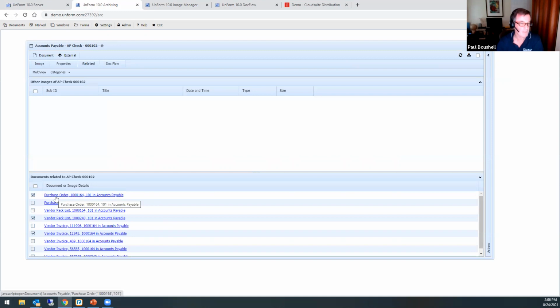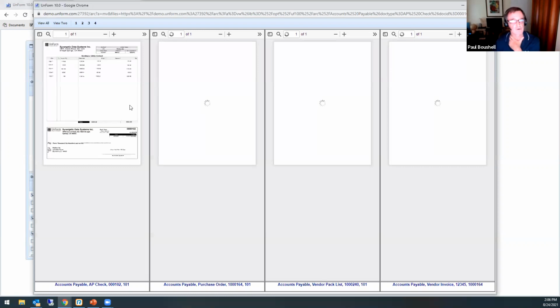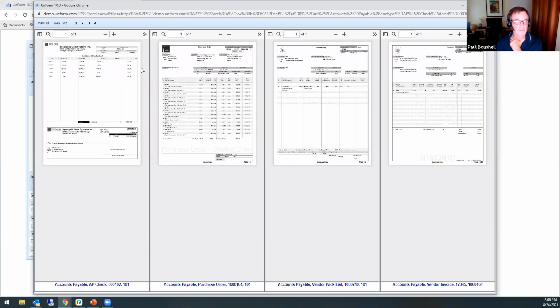And again, the PO we capture as it's printed, packing slip would be typically scanned in. The invoice could be brought in automatically from an email address. But then once they're in the archive, again, they're all automatically linked together. So you can get a view of the entire transaction very quickly and easily. So I've got a copy of the check, the PO, the packing slip. So, if I'm charged with signing the checks, I've got all the backup I need to be able to review prior to signing that check and sending it on. So very quick and easy way to get to the documents.